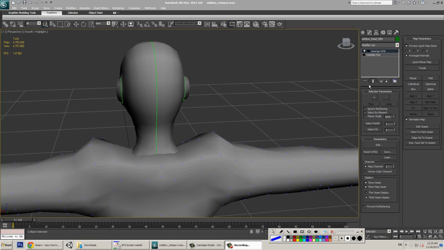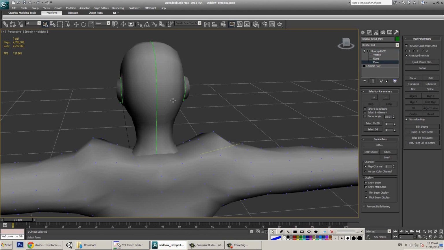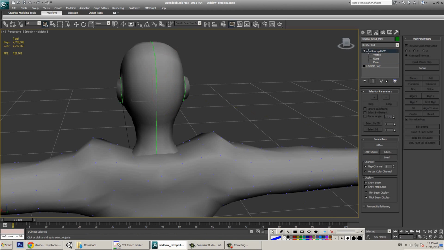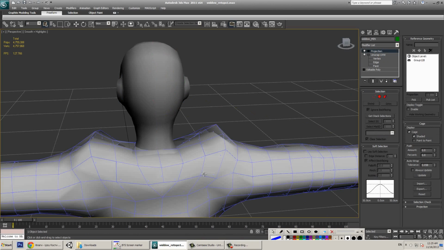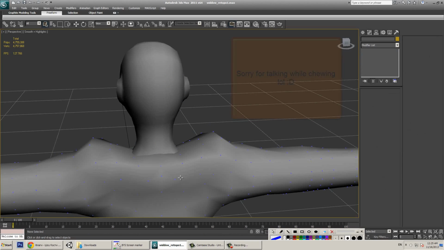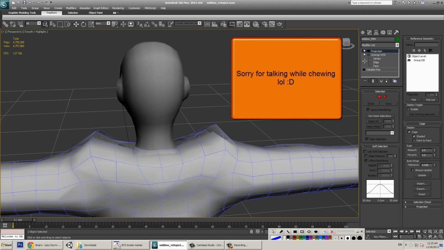Also, a nice tip is that if you can't switch to another object, even though you are on top of the stack, perhaps if you open it up, you'll see that you're still in face selection mode. So make sure you go up into Unwrap UVW, close it, and then you can switch to different objects in order to edit them. Right now we're going to switch to the body, and perhaps do the normal map already for